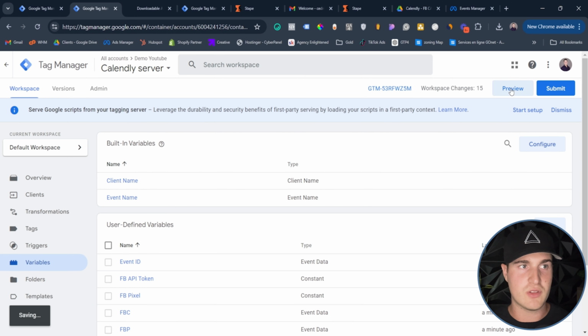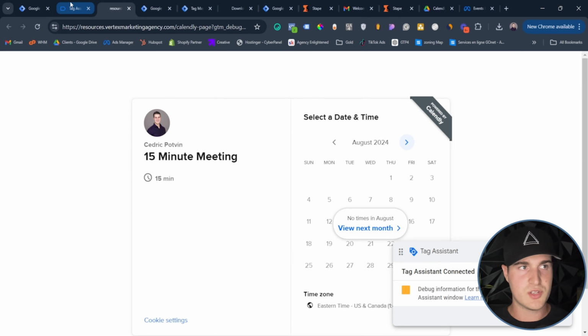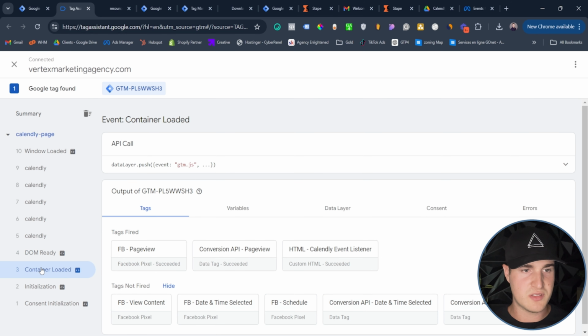And then I'm just gonna preview the server container, go back here, and then preview the web container. Perfect, so now we should actually be sending a page view. So if I go to container loaded, we can see that now it actually says succeeded because we've updated the server. So this right now is sending a page view event to Facebook via the browser, and it sends it